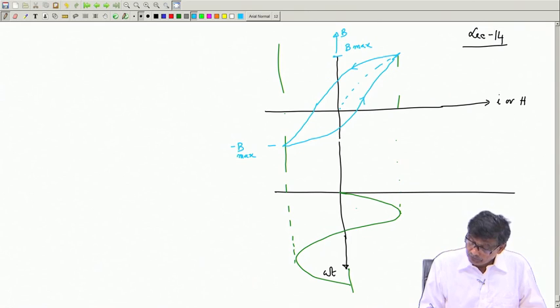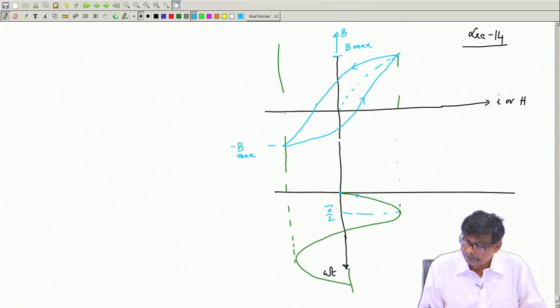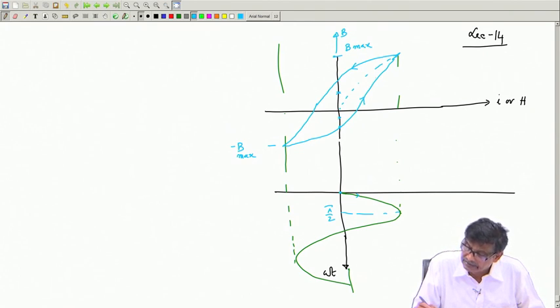Okay. So, for example, when the current is 0 and increasing in this zone, say this is pi by 2, I and H is increasing. So, I equal to 0. So, this is the point when I equal to 0, and it will start from this negative residual field, you just forgive me, these two are equal. Okay. And it increases like this.